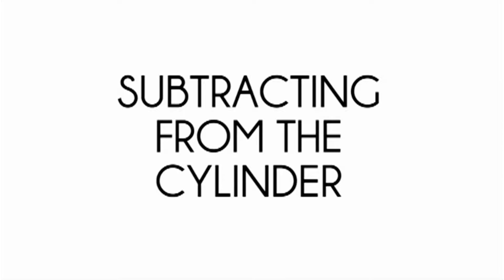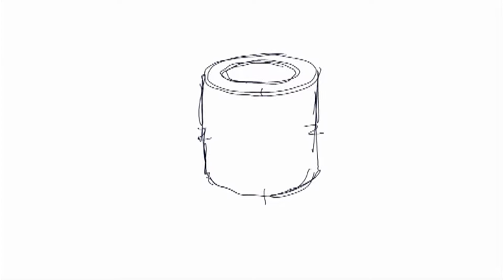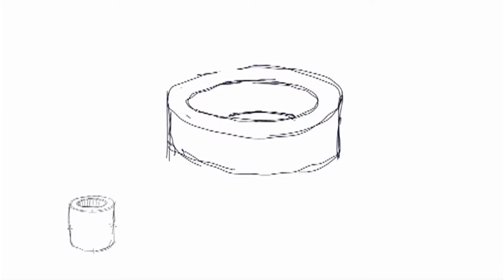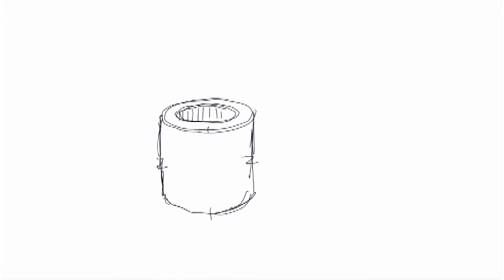Now we're going to subtract from the cylinder by cutting a hole in the top that echoes the same shape as the top of the cylinder. Then if you cut the cylinder into a smaller piece, like a ring, and cut a hole in it, you see the bottom section. This dotted line shows the construction that's actually hidden from us. A lot of times, putting those dotted lines in your drawings to help keep your head organized is very, very important.